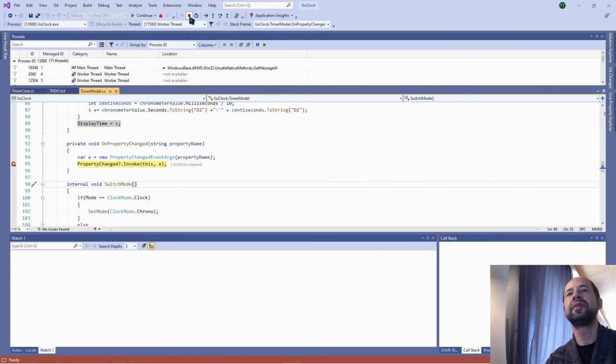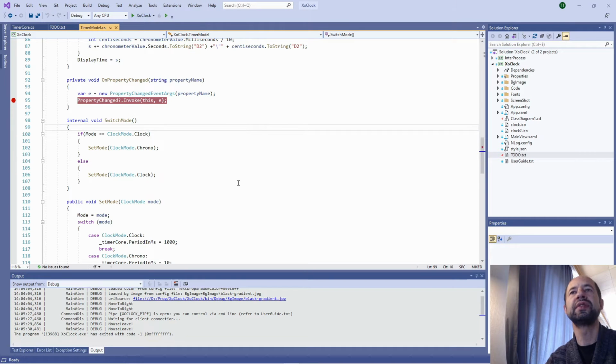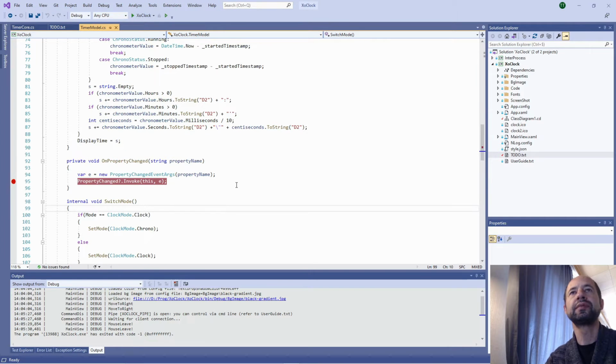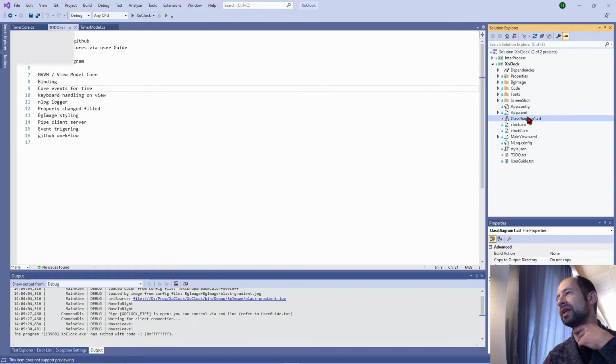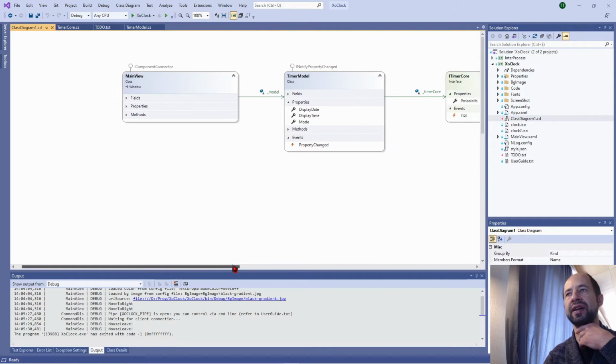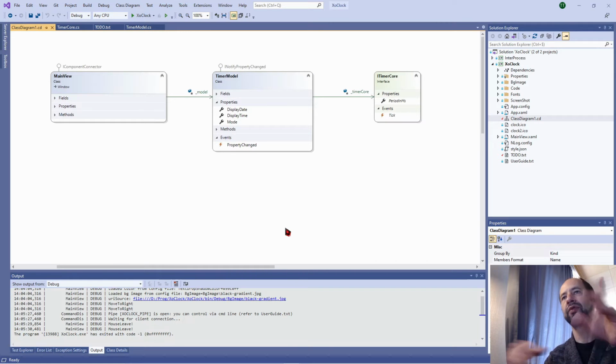So this is what I wanted to show about this event. Let's now look also how the pure functionality is done technically, so how the events coming from the core are updated in time. To do this, let's just see again the class diagram, understand how the mechanics are done.